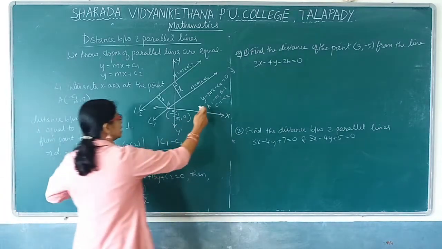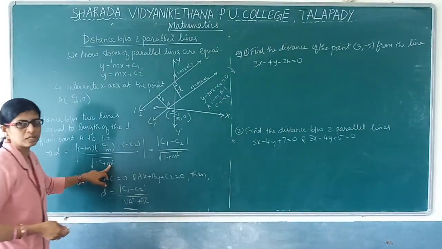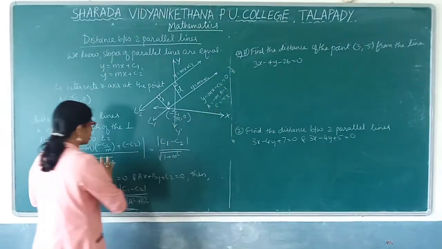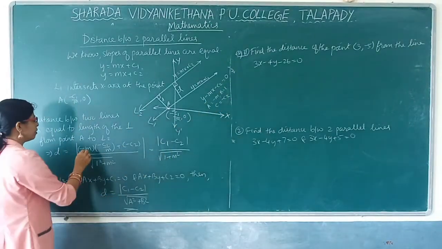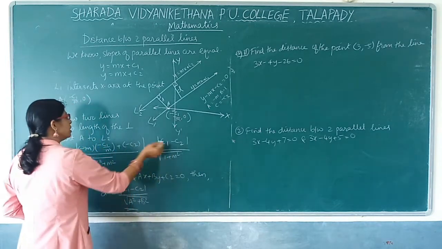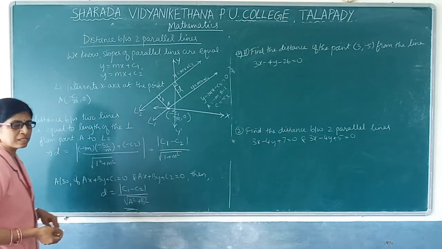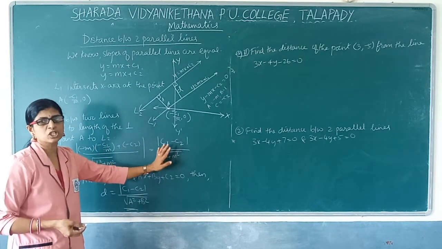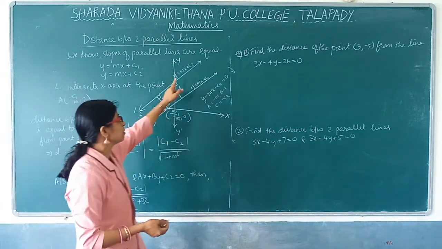What is A? A is -m. Minus m the whole square is nothing but m square only. What is b square? B is 1, so b square is also 1 only. So m and m will get cancelled here. Minus of minus c1, that is plus c1, minus c2, divided by root of 1 plus m square. So this is the expression for the distance between two parallel lines when the equation is given in